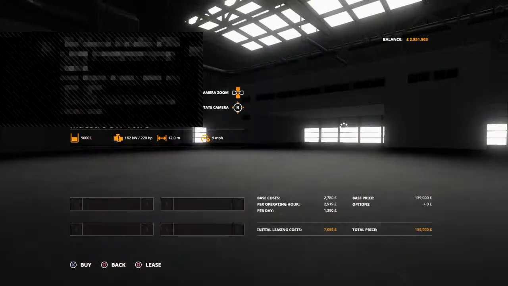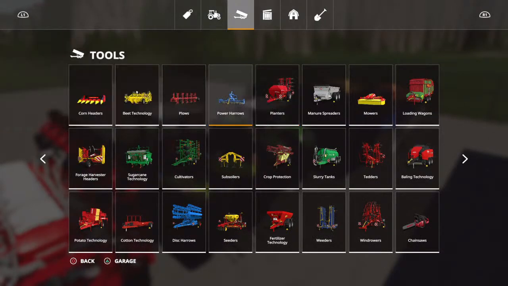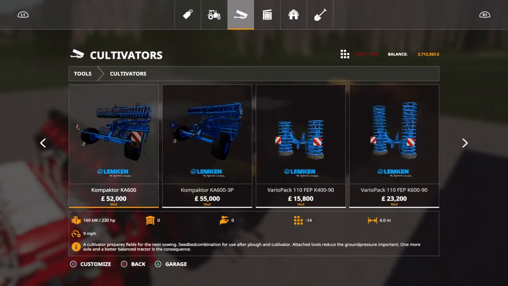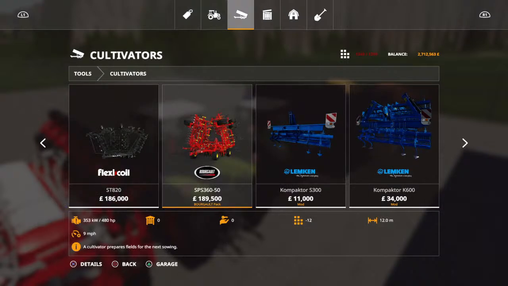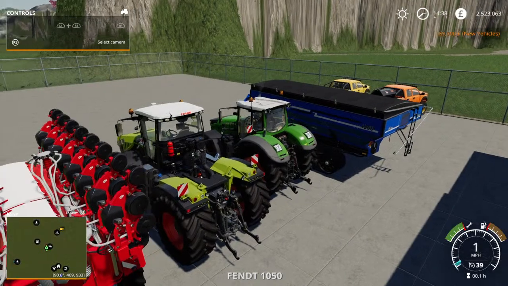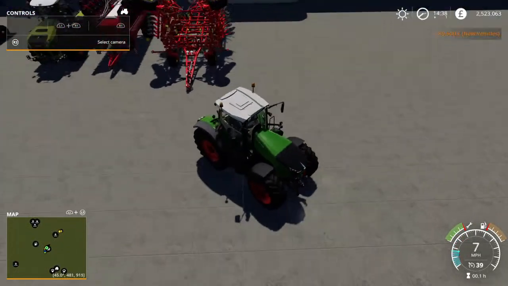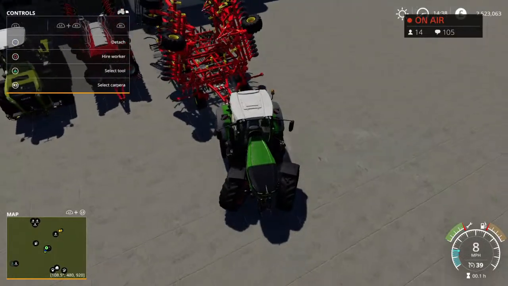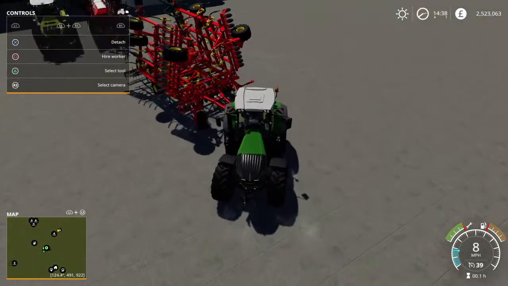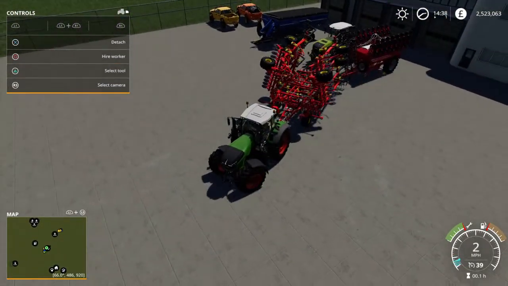which will be that one. We'll buy that. And we will buy the DLC Bourgault, however you pronounce it, 12-meter cultivator. And what you can do with this cultivator is, because it has a hitch on the back, you can, if I could drive properly,